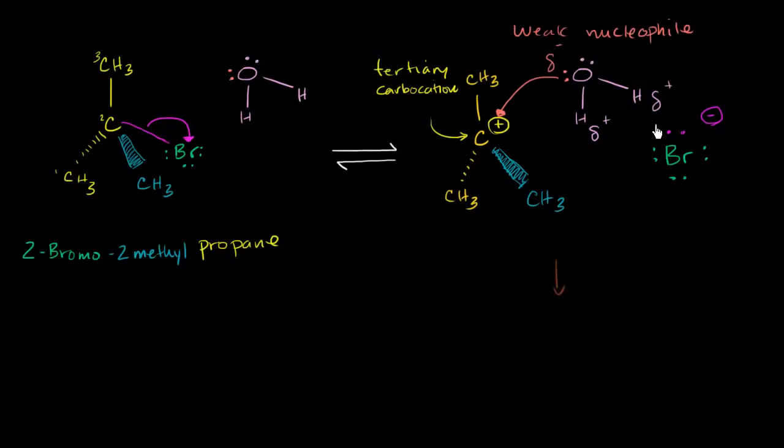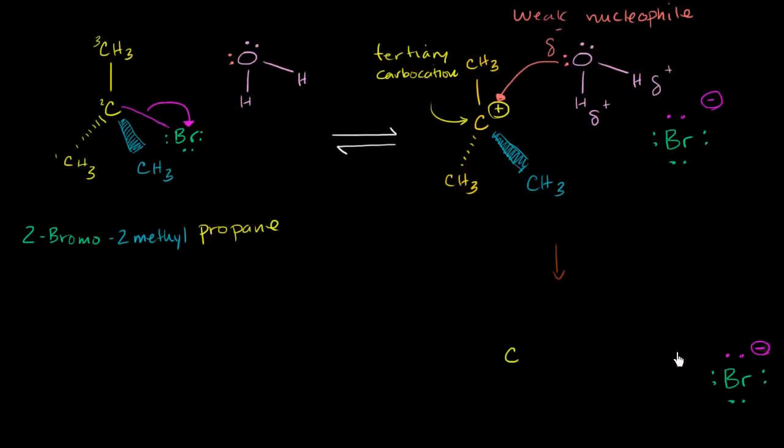And let me just copy and paste the bromine so I don't have to redraw the whole thing. So that's our bromine right over there. Let me erase this little smudge and make sure it still has a negative charge. So negative charge, it's a bromide anion now, and now let me draw everything else. So I have this carbon, let me scroll down a little bit so I have some space. I have the carbon in the back, CH3, I have the carbon on top, CH3, I have the carbon in front,